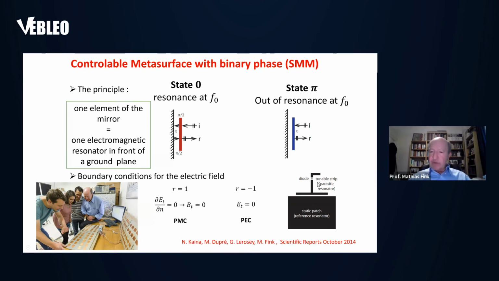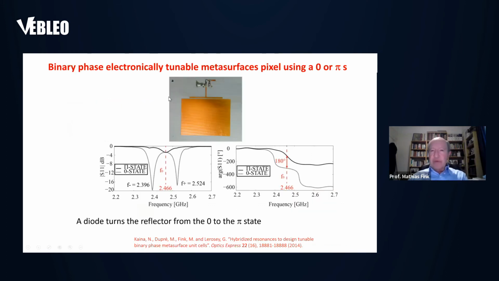Now, imagine that you have a small parasitic resonator with a diode, and when we make a short circuit, suddenly you change the frequency of your resonator. Now you are in this case, state pi. You send something, it goes through this, and there is only a pi shift. This is a two-phase binary surface. Now, this is here the small circuit that you can design, and we design many others. And depending if the diode is in short circuit or not, you have this shift of pi around the frequency here of Wi-Fi.